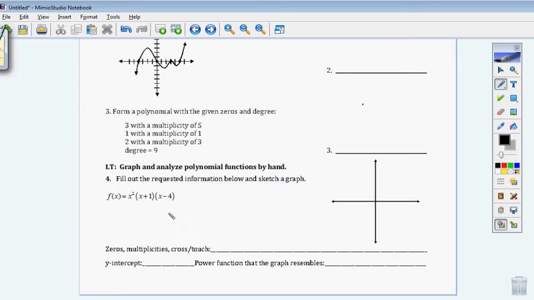A few problems I want to take a video of to get you back on track if you're having trouble. Number 4, first of all, this is already in factored form. That's the huge part. Notice there isn't a blank for that because we're already there. So when you're in factored form, we can tell what the zeros are. The zeros are x-intercepts. So right out of here, I can see -1, I can see 4, but right here,